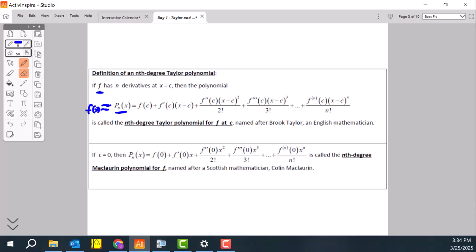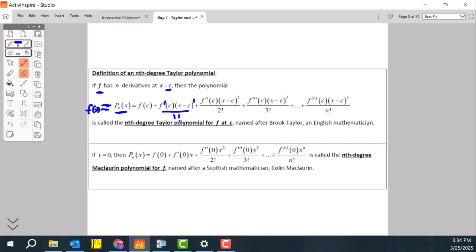And the way we find it is we take our center, and usually it tells us what our center is, but it's c, and we'll plug it into f, and then we'll add the next term, which is the first derivative of f of c, x minus c to the first power over 1 factorial. And then this pattern continues. The second derivative of f at c, x minus c to the second power over 2 factorial. Third derivative of f at c, x minus c to the third power over 3 factorial,